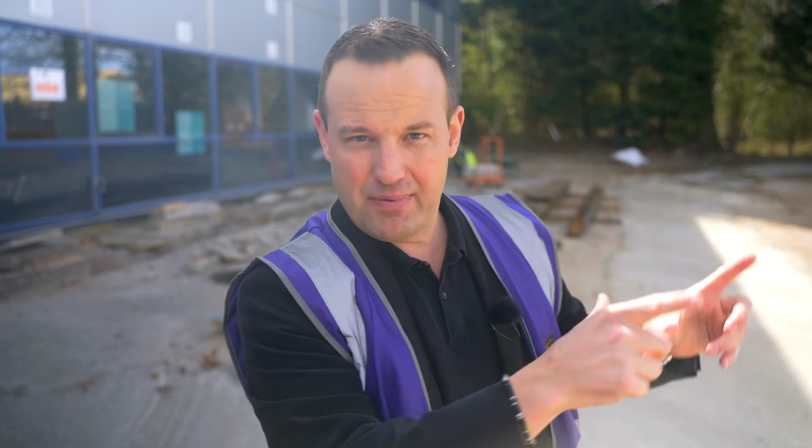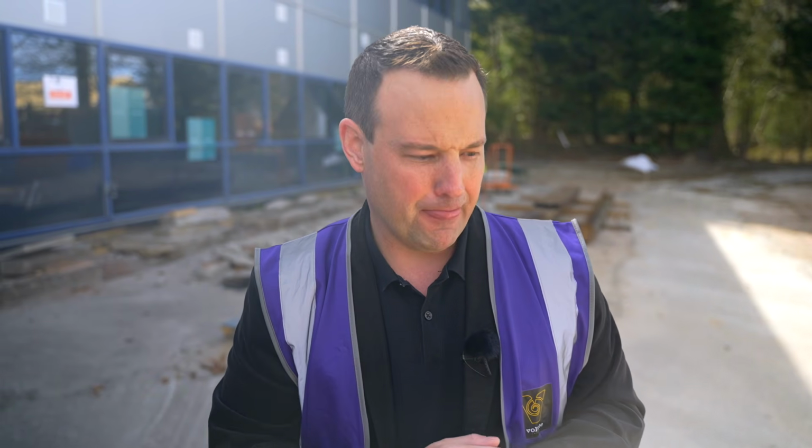In terms of sourcing a big development site, it's key to get on there with all the commercial agents and focus on an area. I drive the streets and see buildings, and if I see a for let sign or a for sale sign, I'm taking a picture of it and calling the agent. Is this for sale? Can this be bought? What's the story of the building? How long has it been vacant? Is there an opportunity to help the landlord out, who might have had it vacant for many months, especially coming out of the back of COVID? Can we take it off their hands and transform it and recycle it